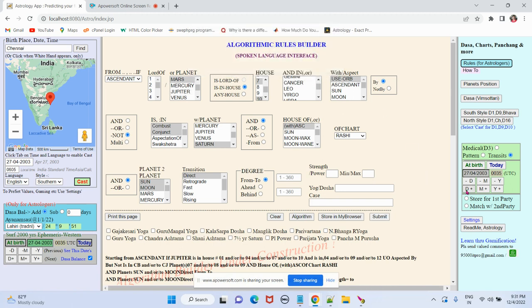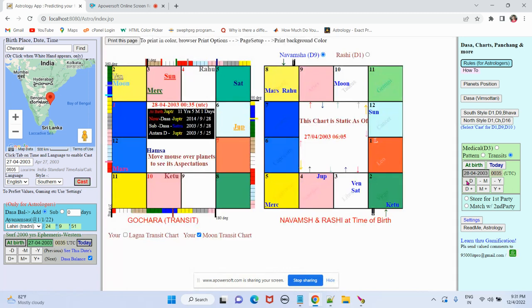Now we are going to track Jupiter. So of course, the Lagna position is Aries. This is Lagna. Jupiter is here that year. So it's already showing Hamsa Yoga. Okay. And if we go one more year, now Jupiter is in Virgo. It's not Hamsa Yoga anywhere here. It's not Hamsa Yoga in Sagittarius either because it is not 1, 4, 7, 10 from Aries. Right? So